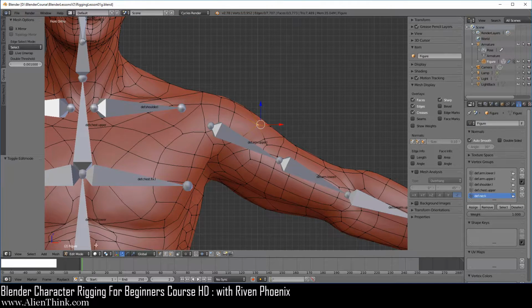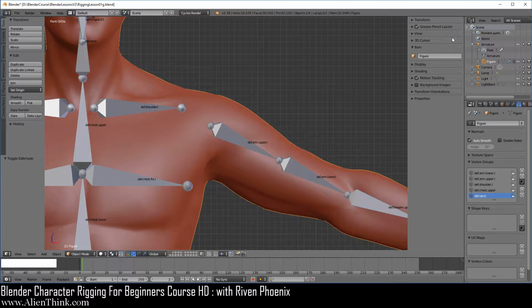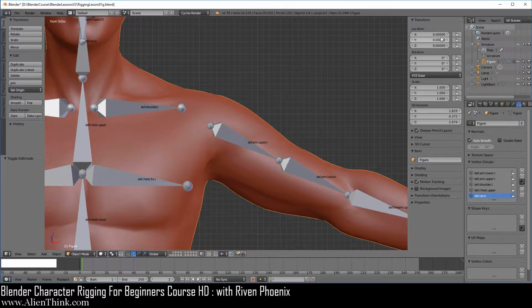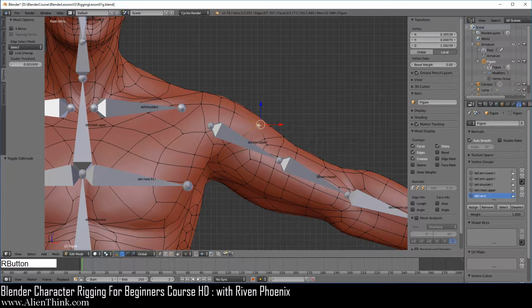So notice that when we are in object mode and when we open this up, we can see the location, rotation, and scale of the origin point of the object data block. Go ahead and open this up. Now when we switch to edit mode and have this vertex selected, we can see the position of this vertex. So what Blender is doing is going directly to this mesh data block, digging the information out about this vertex and displaying it over here, how far it is away from its origin point.